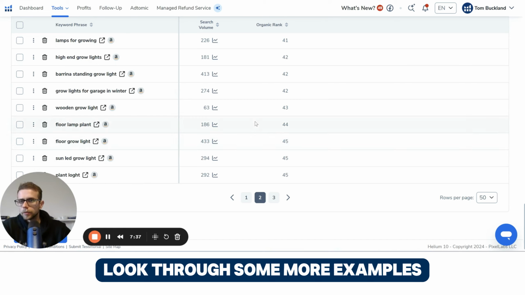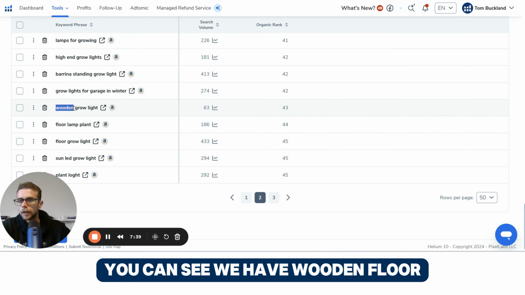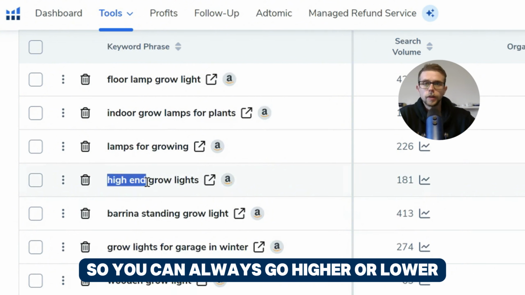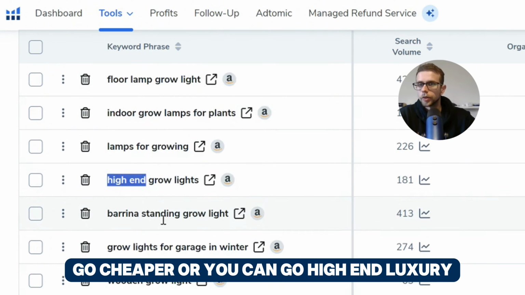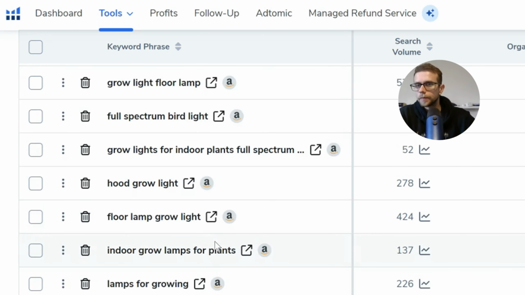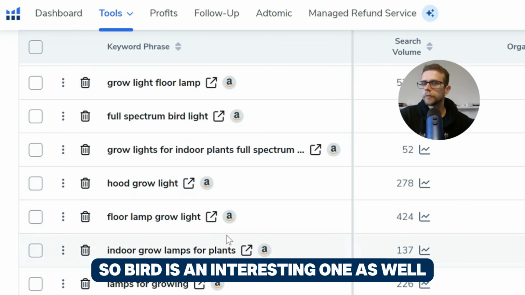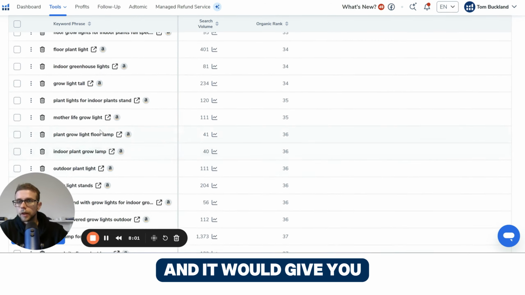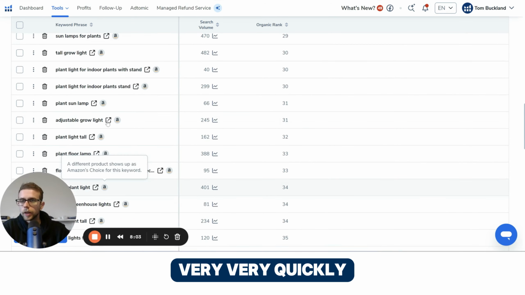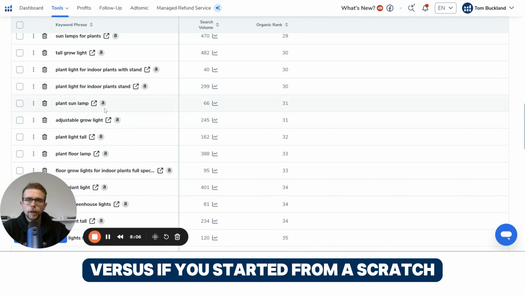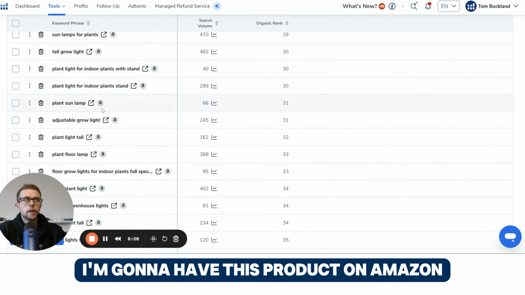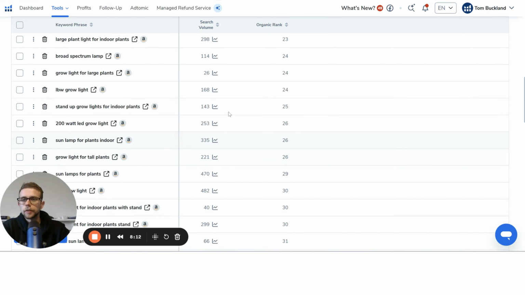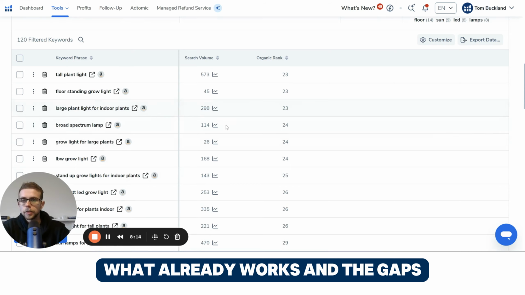So if we have a quick look through some more examples, you can see we have wooden, floor, some high end, so you can always go higher or lower. So you can go volume approach, go cheaper, or you can go high end luxury. Hooded, full spectrum bird. And you would basically just scroll through these and it would give you like millions of ideas very, very quickly, versus if you started from scratch, okay, I'm going to have this product on Amazon. This is a way better way of reverse engineering what already works and the gaps,